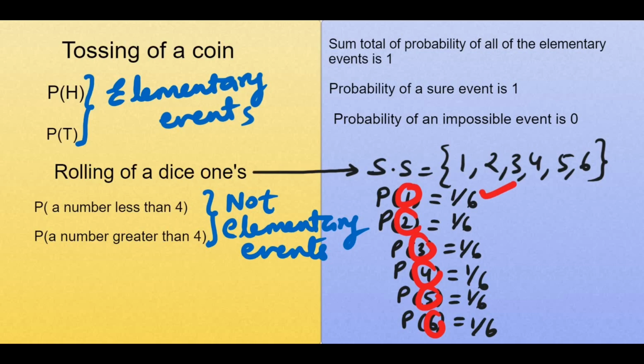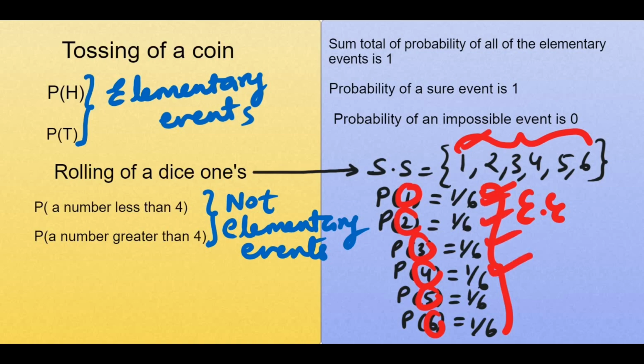So what is the probability of getting a number 1? It is 1 out of the 6 cases. So these are called the elementary events, and the sum of all these elementary events' probabilities will surely turn out to be 1. That means 1/6 plus 1/6 plus 1/6 plus 1/6 plus 1/6 plus 1/6 will sum up to 1. That means when a dice is rolled once, surely we will get 1 out of the 6 numbers.